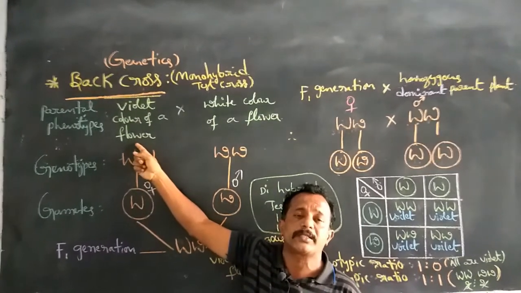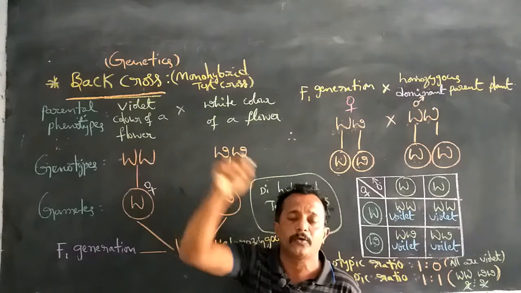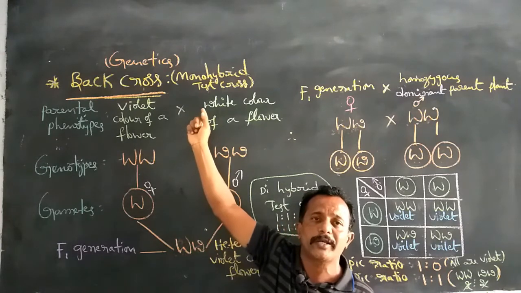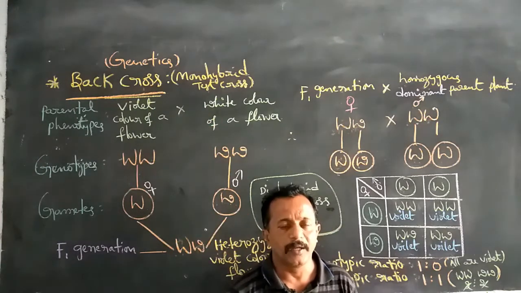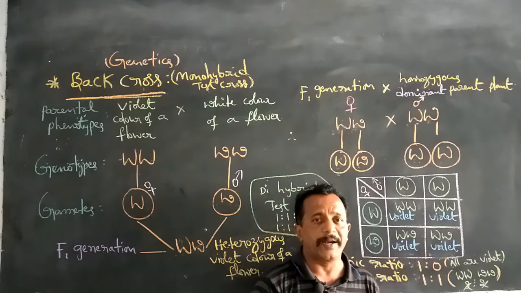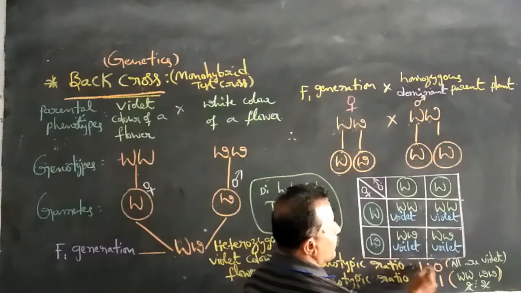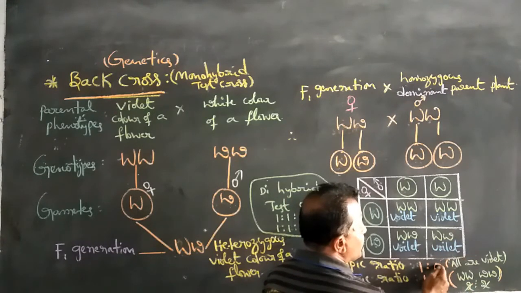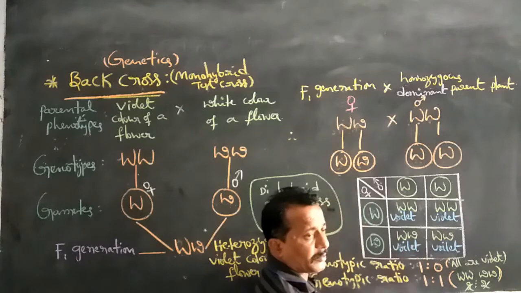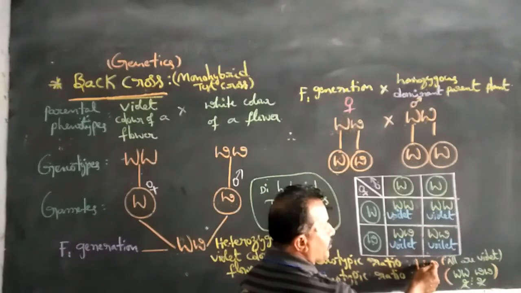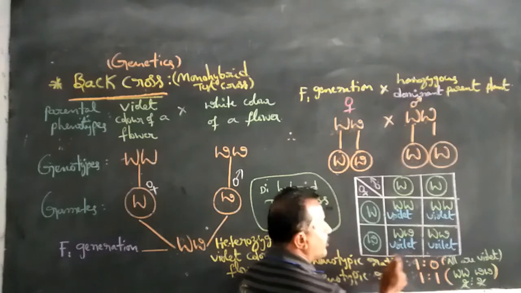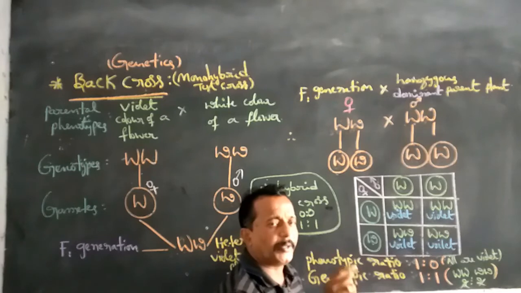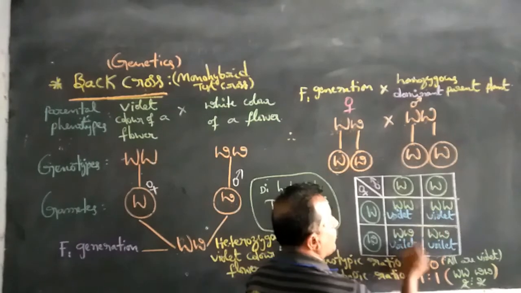that is, the homozygous dominant color of the flowers appears again, and the homozygous recessive parent plant does not appear. So phenotypically it is 1:0. 1 means all are violet color of the flowers, 0 means white color of the flowers. So white color of the flowers is absent, violet color of the flowers is present. So in the F2 generation, phenotypically all are violet color of the flowers,